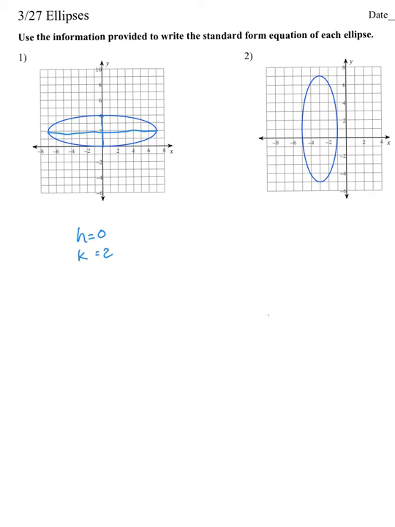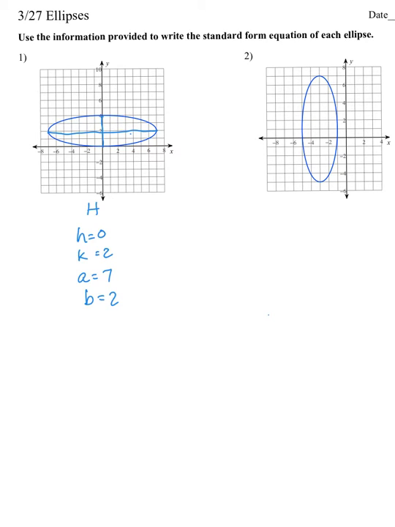And then you count how many blocks are going to the right and left, because this one's a horizontal. Okay, and the ones to the right from the center is 1, 2, 3, 4, 5, 6, 7. So A is 7 and B is 2. We don't really need to find C for these, so you're off the hook on finding C, and you just put them in your equation. So it would be